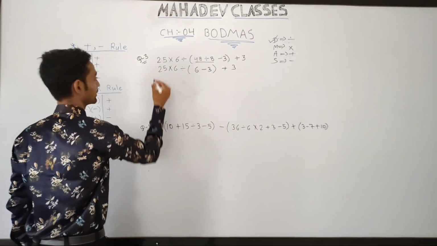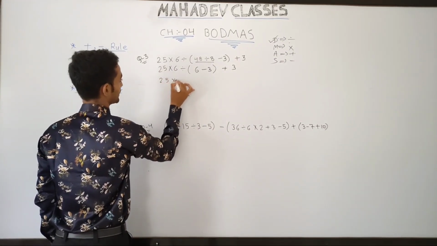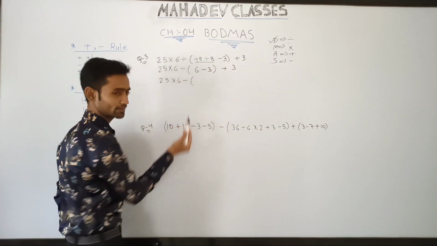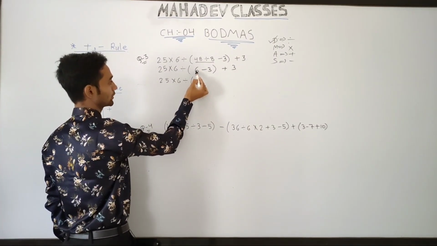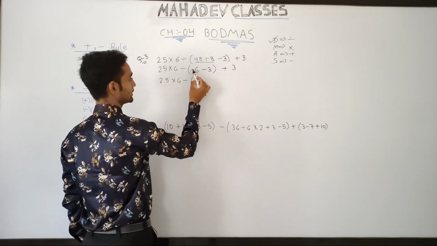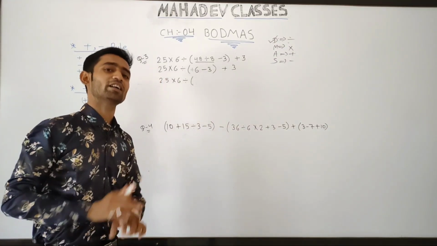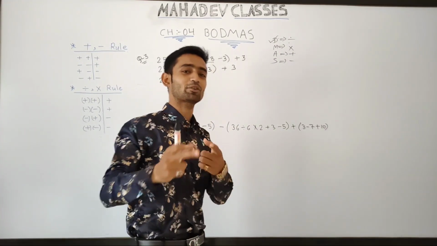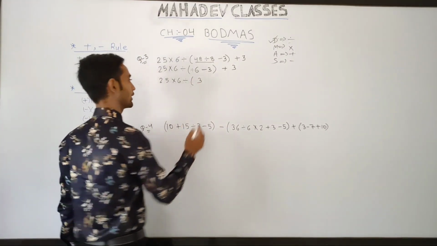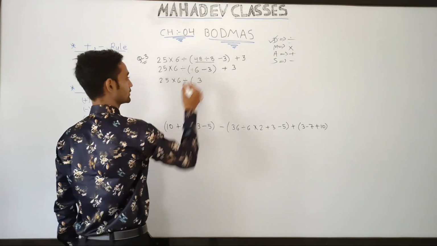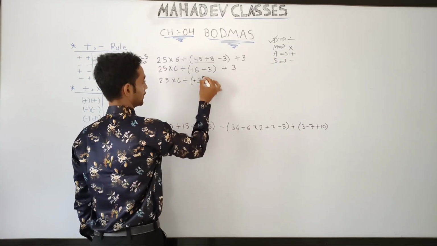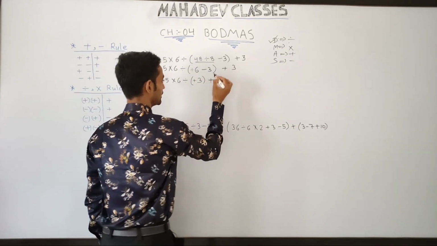See, 25 multiplied by 6 divided by in bracket, here 3 is having a minus sign and there is no sign before this 6. Okay, so it is a plus 6. Now you can see that this is the plus and this is the minus, so different symbols, subtraction. See, 6 minus 3, you will get 3. Okay, and the symbol of the bigger number. 6 is the bigger number and 6 is having a plus symbol, so we will put here plus 3. Okay, the bracket is over and now plus 3.